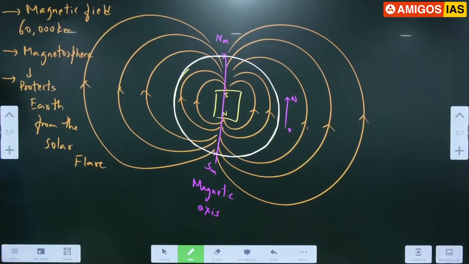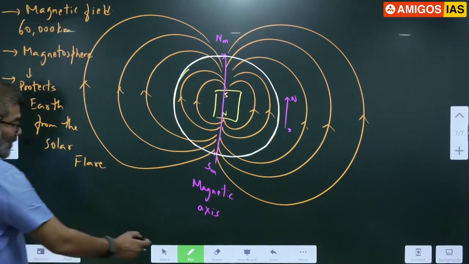What is magnetic axis? Magnetic axis is the axis connecting the north magnetic pole to the south magnetic pole. Okay, can I go to the next slide? Done till now? Too technical, I agree, we can't do anything. Okay. And also we can write magnetic field